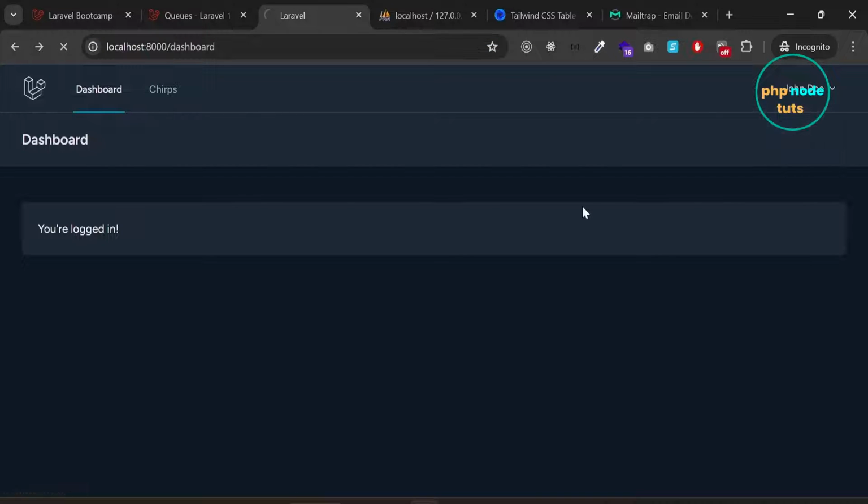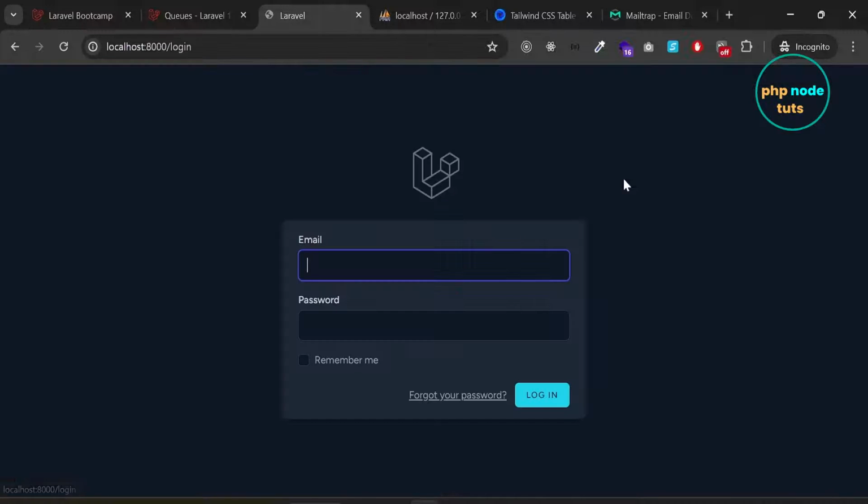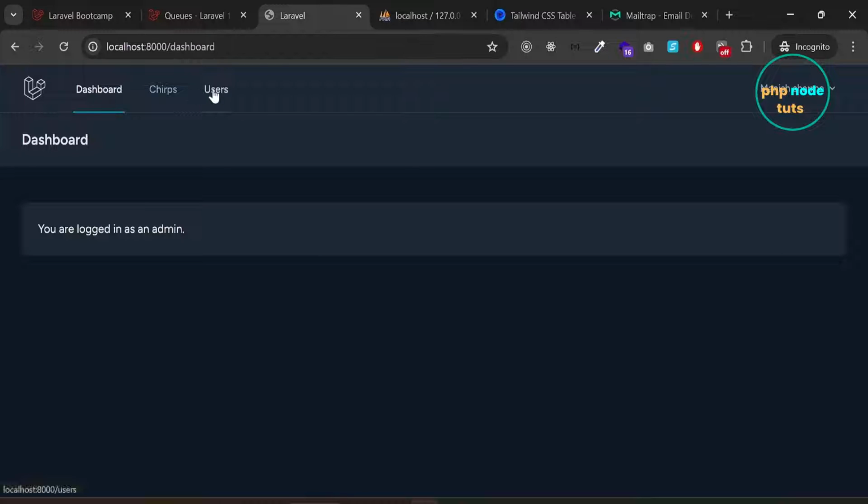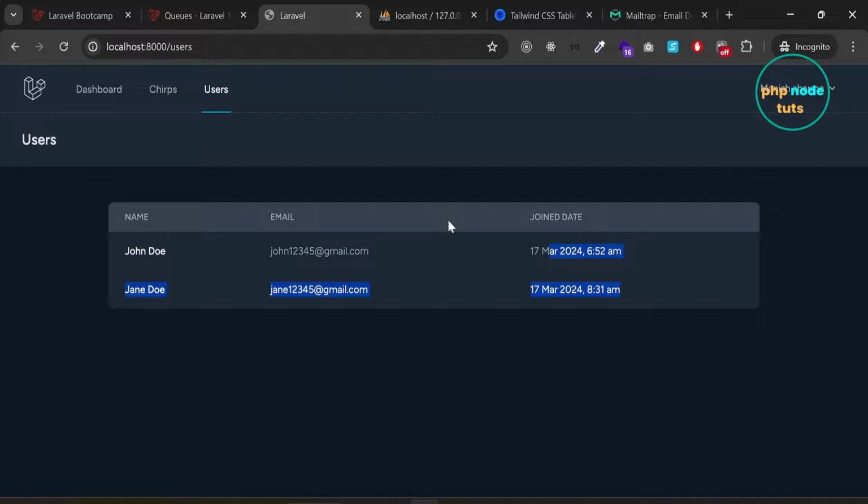Click on Log Out. Click on Login and log in using admin credentials. Click on Users link and you will see that we can see the users list because we are logged in as an admin. The field name we added in the users table was is_admin, and the middleware alias name is